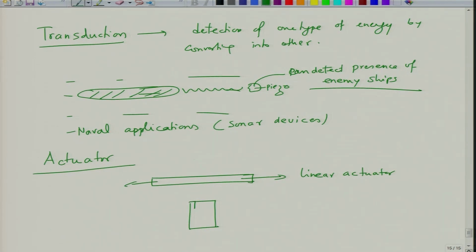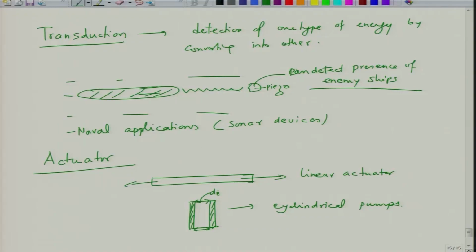So, you have a cylinder, let us say of a certain thickness, and let us say you wanted to change this diameter di. By applying the voltage, you can change the length as well as the diameter of this. So, this would be a cylindrical actuator. Wherever you want a change in dimensions, either in lateral directions or in circular directions or whatever directions, you can use these piezoelectrics because they work at very small voltages. And the good thing about them is they can be used for actuation at micron, at nano scale, because you can control the movement of these at those scales by applying very small voltages.